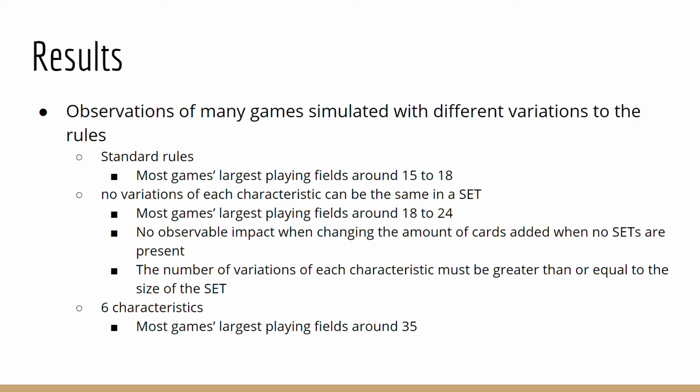So now I can talk about our results. I'm running out of time a little bit, so this is going to be brief. We just changed some of the rules and made observations about large numbers of simulations of the game. Under the standard rules, the largest any playing field got, which would be the largest set of cards with no sets, was about 15 to 18. With the variation where no variations of each characteristic can be the same, that is, they can't all be the same color,